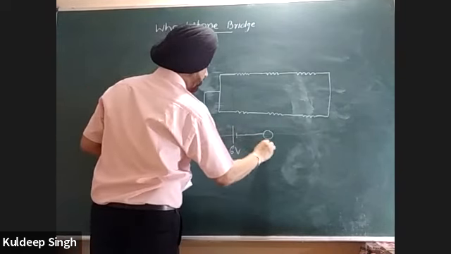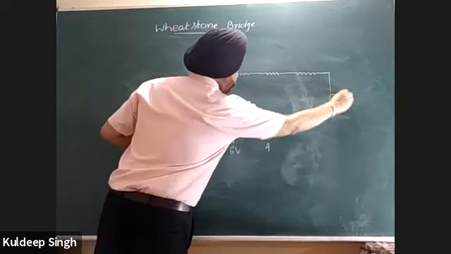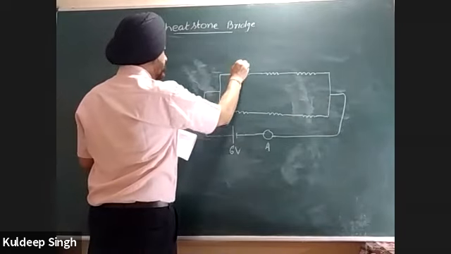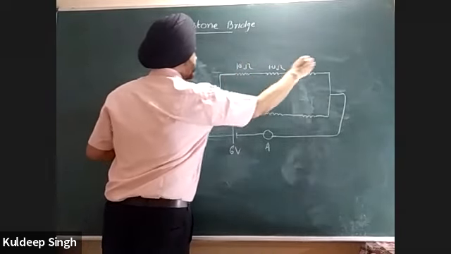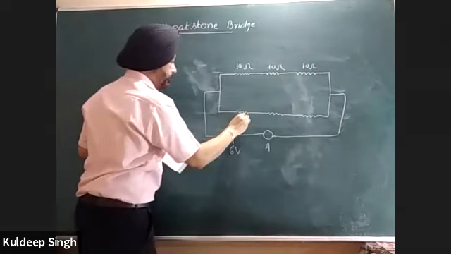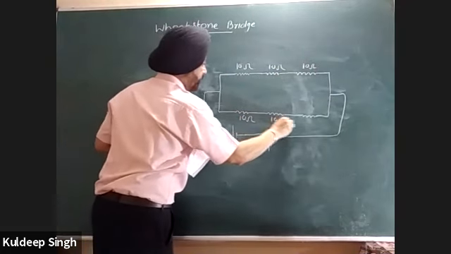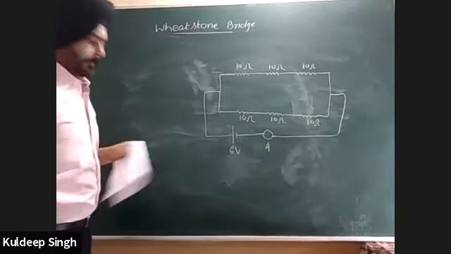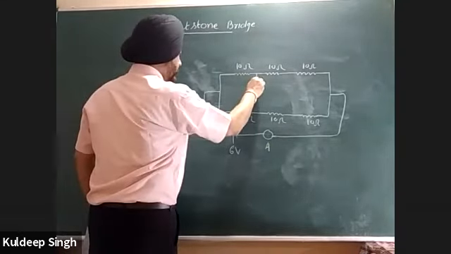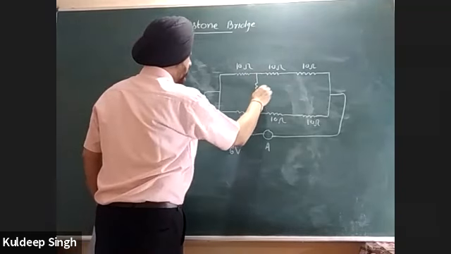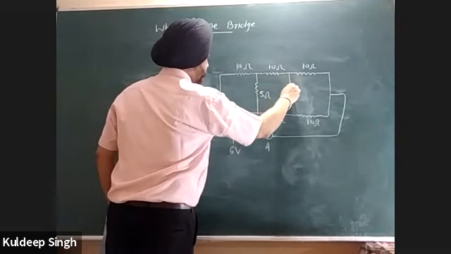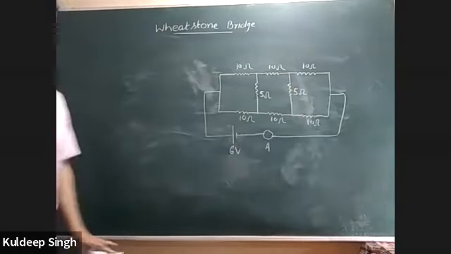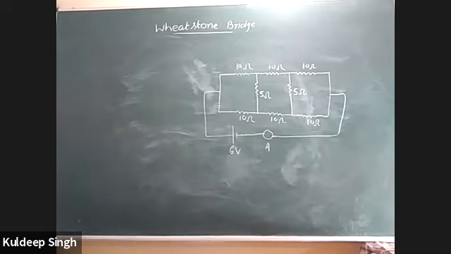6-volt, ammeter, that here. Every resistance is 10 ohm. 10 ohm, 10 ohm, 10 ohm, and 10 ohm. But the examiner has connected more resistances. I have connected 2 more resistances. So in total there are 8 resistances.